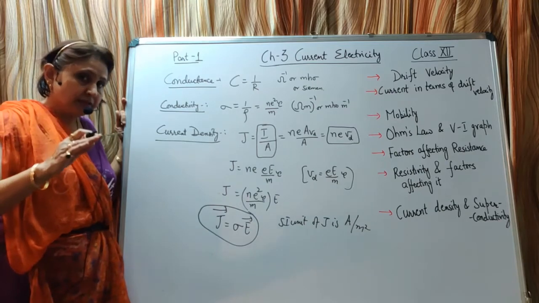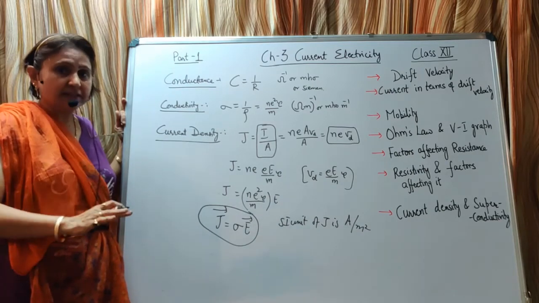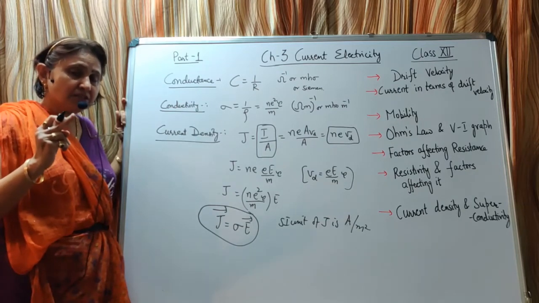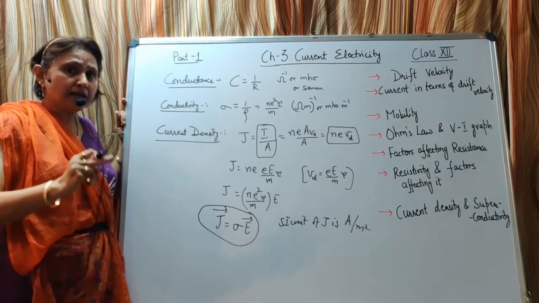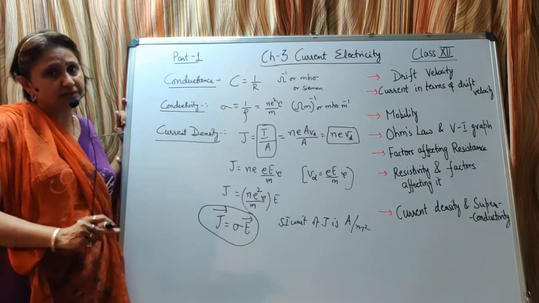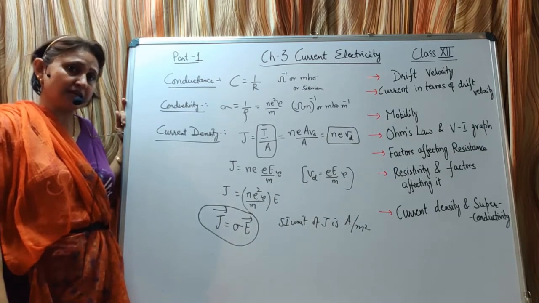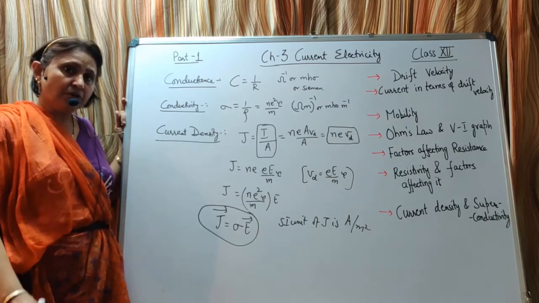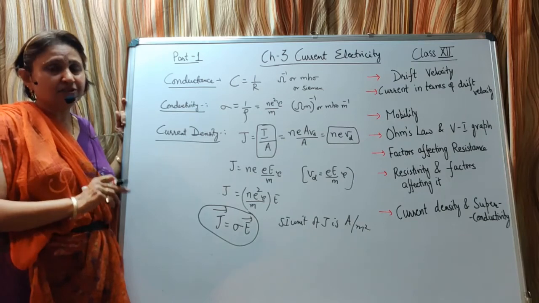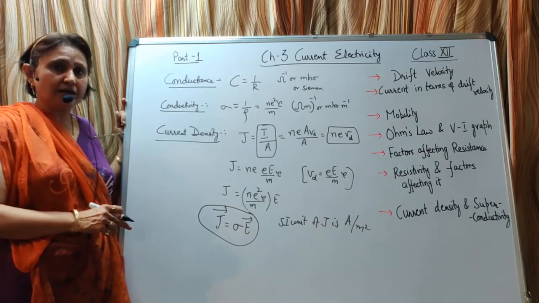So when the temperature decreases, the resistance of a conductor decreases. Okay, now the temperature is decreased till a temperature which is called the critical temperature or transition temperature, at which the resistance of the conductor will become zero. Okay, then this conductor is called a superconductor, and this phenomenon is called superconductivity.